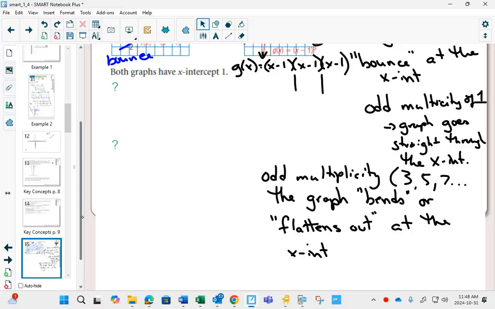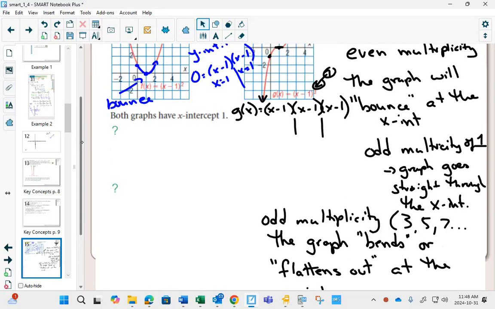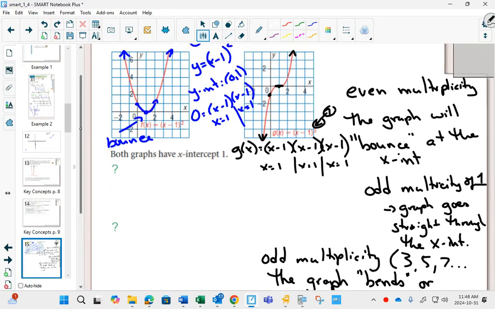So if I was drawing this, here I have x equals 1, x equals 1, x equals 1 happening 3 times. So I would have a multiplicity of 1. To really show that, I would draw a little tiny flat line, and then I would have my graph go into the flat line there and then come out of the flat line. I'll automatically get a bend. If I draw a tiny little flat line and I go through it, I will automatically force my graph to